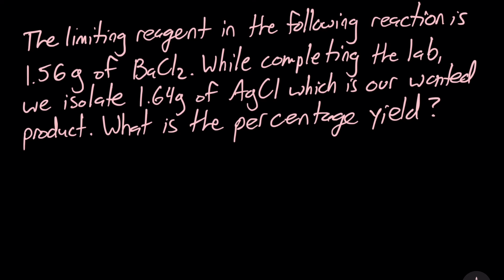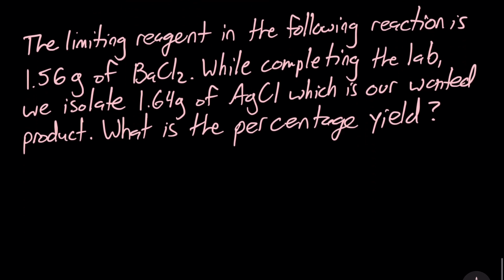So it says the limiting reagent in the following reaction is 1.56 grams of barium chloride. While completing the lab, we isolate 1.64 grams of AgCl, which is our wanted product. It asks, what is the percentage yield? Okay, so first off, we have to write down our